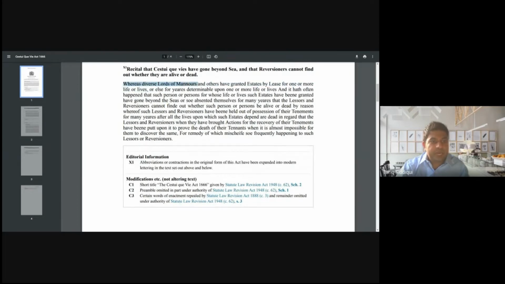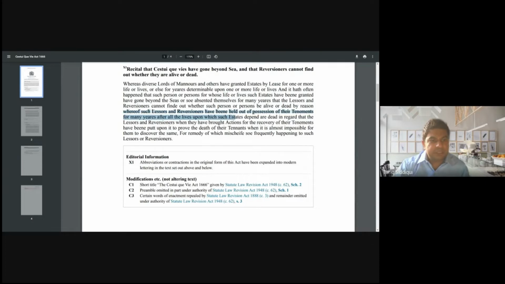Whereas diverse lords of manors and others have granted estates by lease for one or more life or lives, or else for years determinable upon one or more life or lives, and it hath often happened that such person or persons, for whose life or lives such estates have been granted, have gone beyond the seas, or so absented themselves for many years, that the lessors and reversioners cannot find out whether such person or persons be alive or dead, by reason whereof such lessors and reversioners have been held out of possession of their tenements